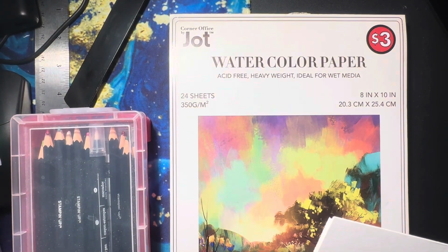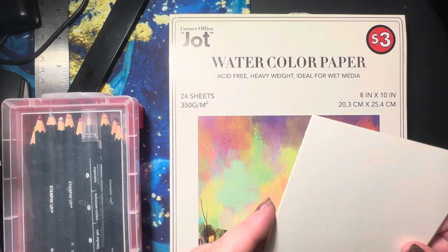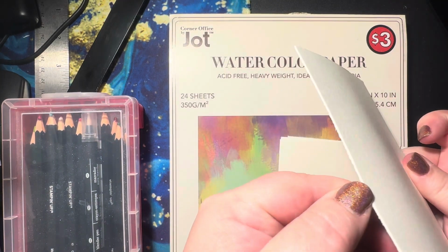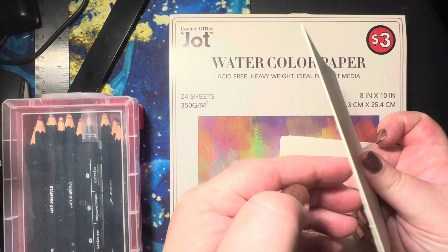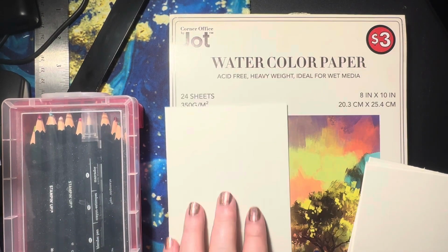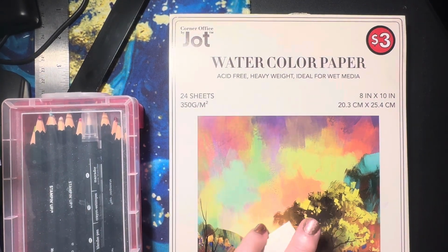So it's really thick. It's an acid-free, heavyweight, ideal for wet media. So this is it cut, and as you can see, it's quite thick. It's almost like a cardboard. So I cut it into 4 pieces, and then the stamping part of why we're here for